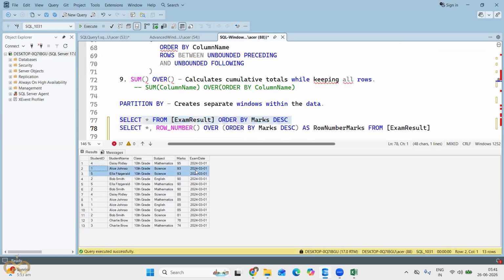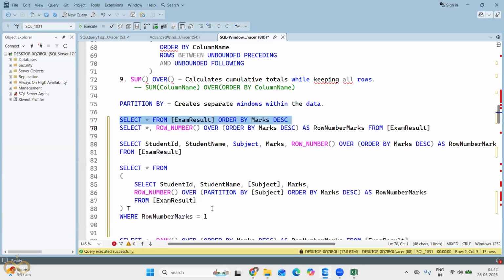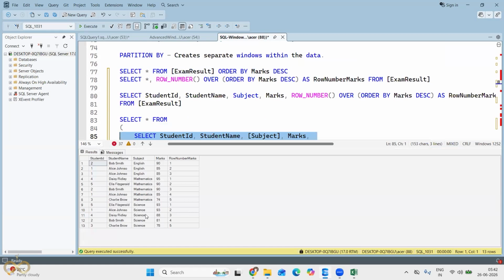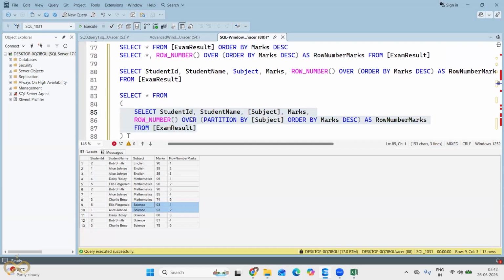Okay, so it is stored alias in the first record. So still we are getting this as a first rank and this as a second row number. So we're not sure how it is coming, but even if it is a tie, it is getting different row numbers for those. And that is the reason we are not getting the second student who has the same marks in science as a topper. It's not getting into the result set. Okay, so that thing we can